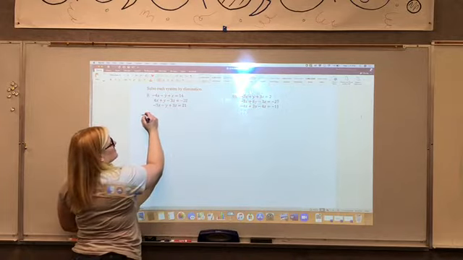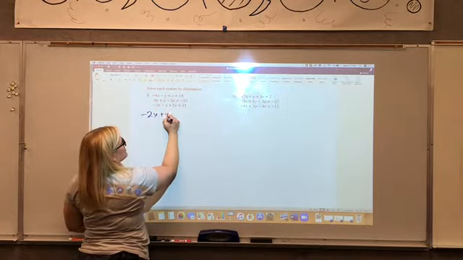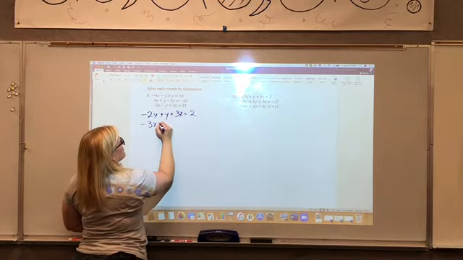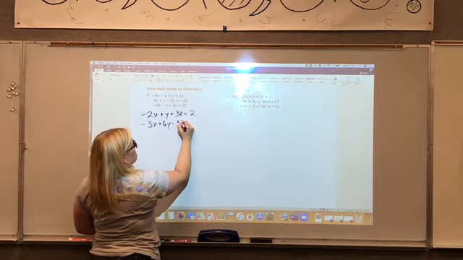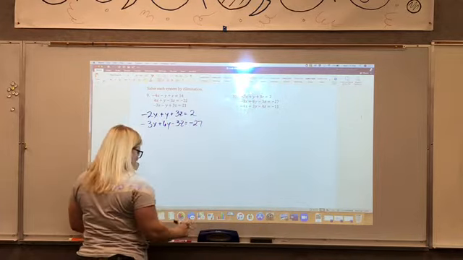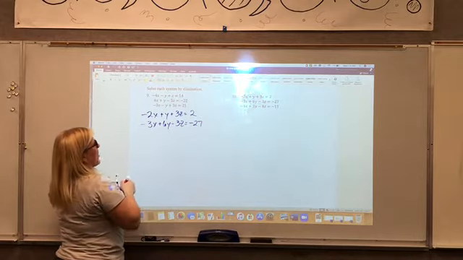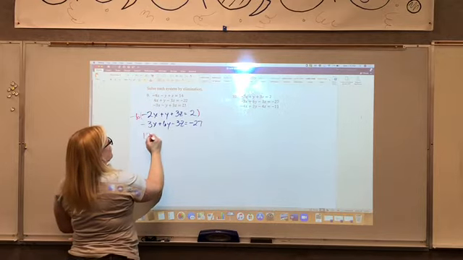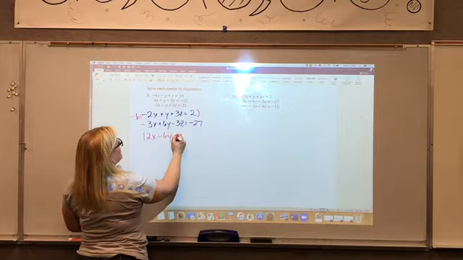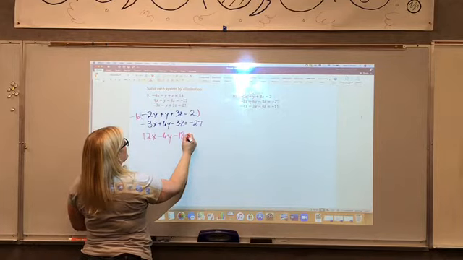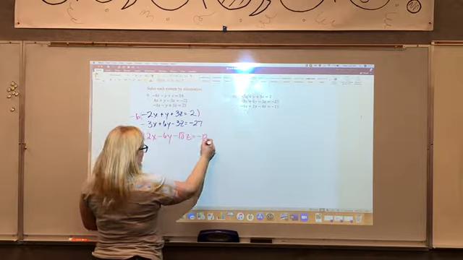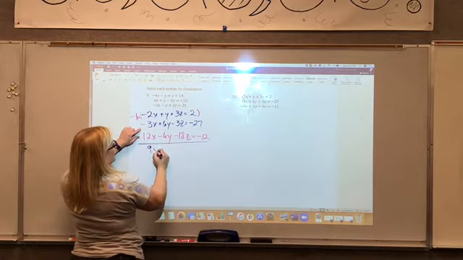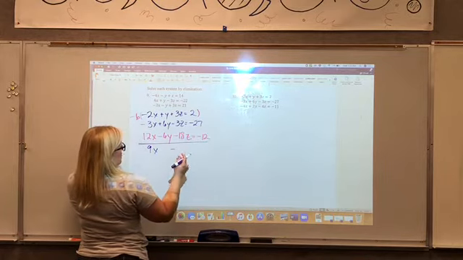So if I take the top two equations, okay, I am going to eliminate y. So I'm going to do that by multiplying the top by -6. So I get 12x minus 6y minus 18z equals -12. And when I add that together, I end up with 9x minus 21z